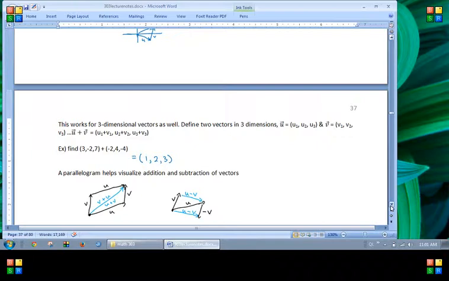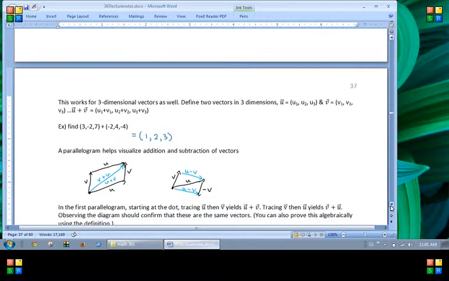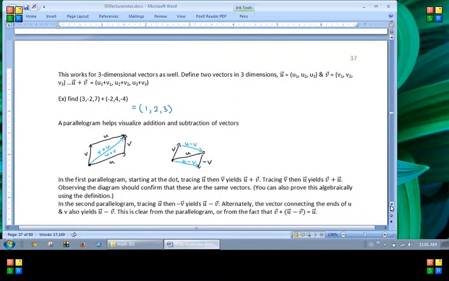So first, let's look at the first parallelogram, because that represents addition. The dot in the corner, think of that as representing the origin. So in that case, you've got the vector u and the vector v. So how do you add them together? Well,